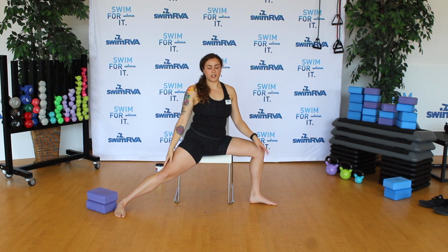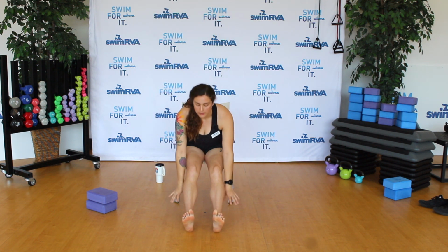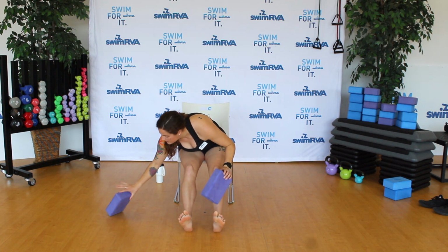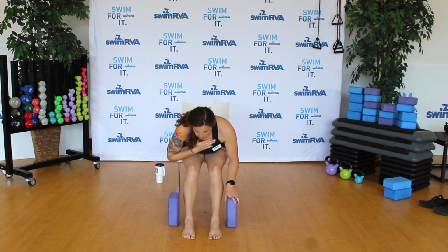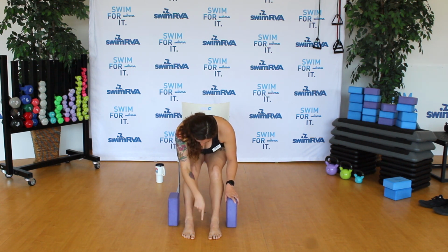Coming back up through center, helping your legs out a little bit, bringing them back through center, rolling the shoulders a few times, bring your feet out in front of you, inhale, sweep your hands up, exhale, dive it forward. Remember, you can use your blocks or your dictionaries to bring the floor a little closer to you if that feels good. Your feet can be flat if you feel like you're falling out of your chair, but we're just bringing the chest down towards the thighs, and the chin is tucked so that the eyes are looking straight down